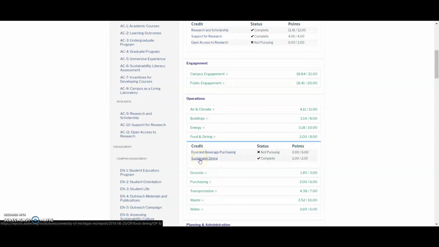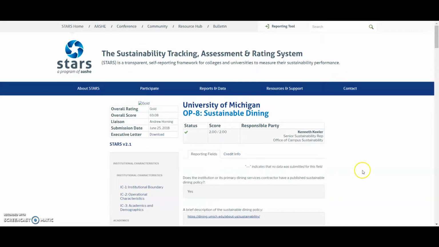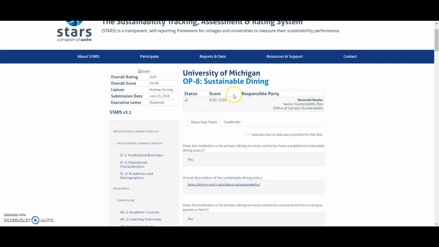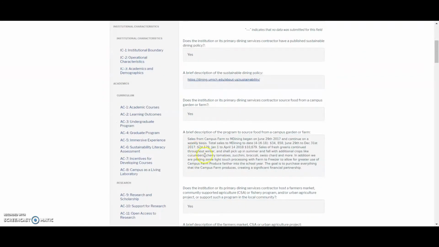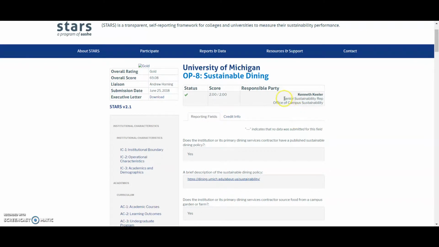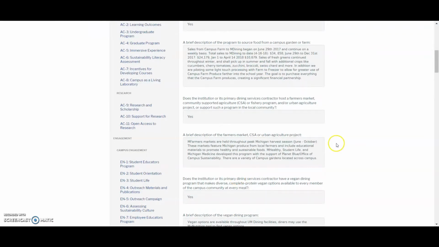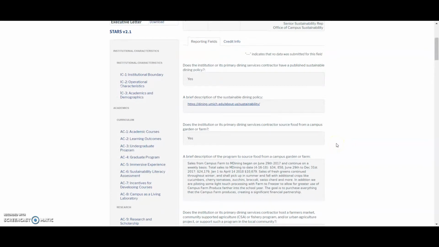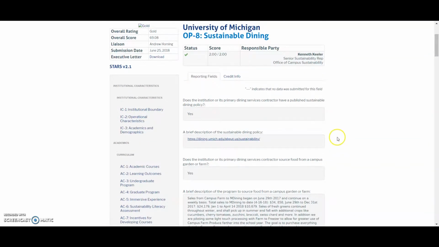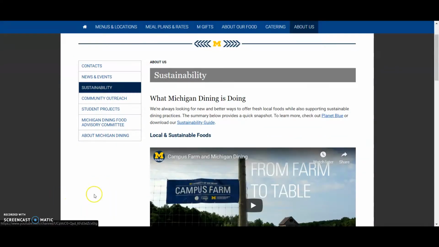So the University of Michigan actually completed the sustainable dining program. If I go over here, you can see the score that was given to the University of Michigan's dining program was 2 out of 2. But this score is decided by all the description that was written by the Senior Sustainability Representative at the Office of Campus Sustainability at the University of Michigan. All this information that was entered are the steps that the University of Michigan took towards attaining their sustainable dining project. And if I go over here, this is further detail about how the University of Michigan attained